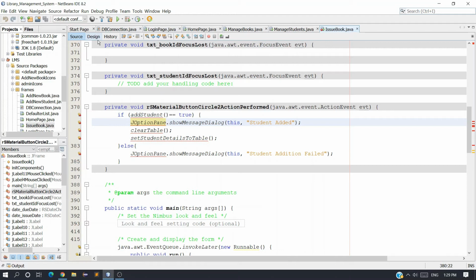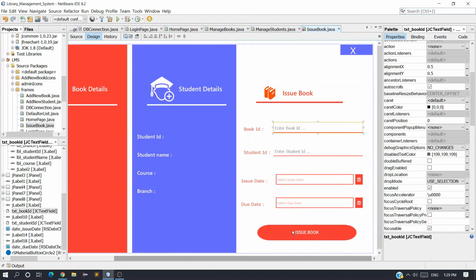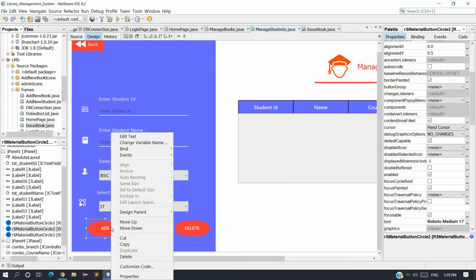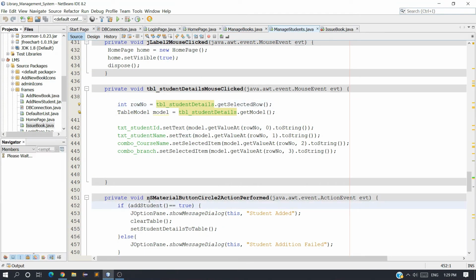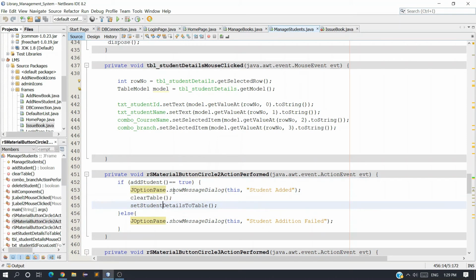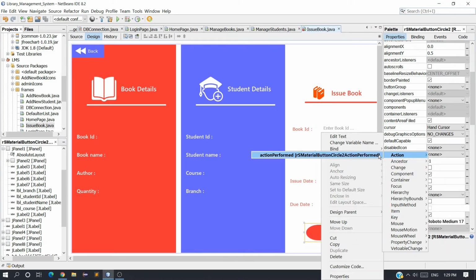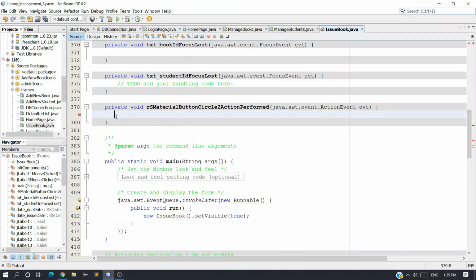What we did is add student, so we copied this button. You can see in the manage student, I copied this add button, and on this button I have an event called action perform where this code is present. So when I copied this button, the code also got copied. So what we need to do is just remove this code, just clear it and save it.